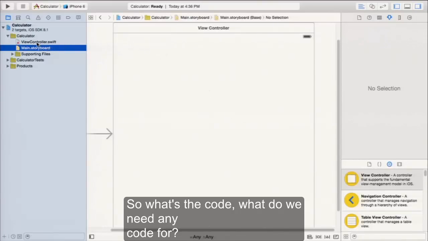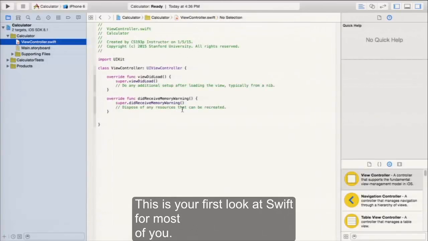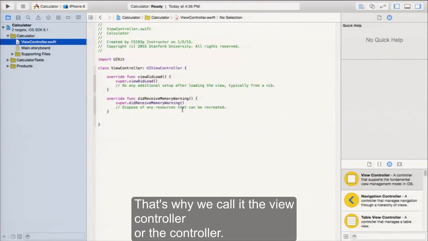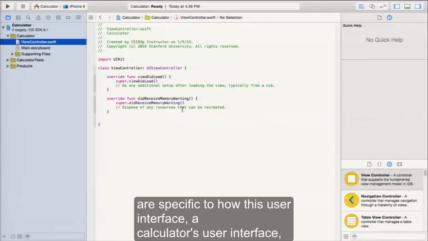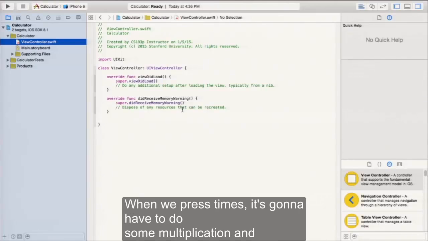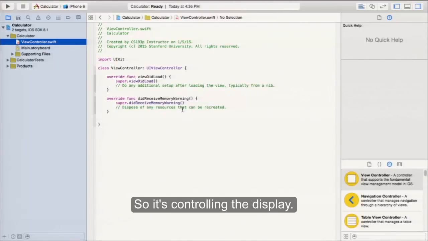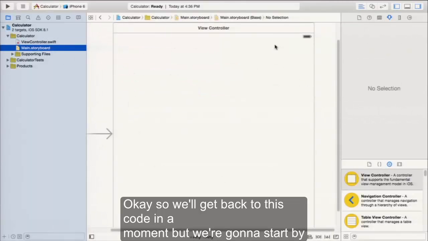So what's the code? What do we need any code for? Well, this viewcontroller.swift, this is a Swift file. It's your first look at Swift for most of you. This controller is going to control that user interface. That's why we call it the view controller or the controller. It controls the user interface. And that means it's going to do things that are specific to how this user interface, a calculator's user interface, works. So when we press the digit buttons, it's going to have to update the display. When we press times, it's going to have to do some multiplication and then put the result in the display. So it's controlling the display. Okay, so we'll get back to this code in a moment, but we're going to start by building our user